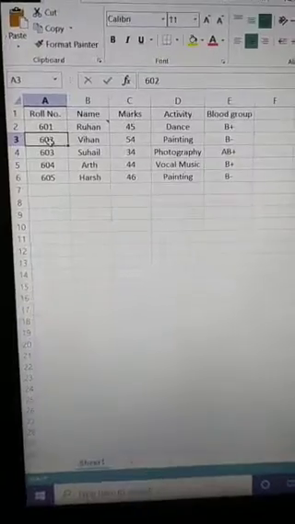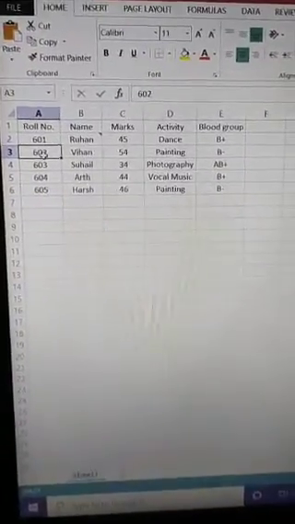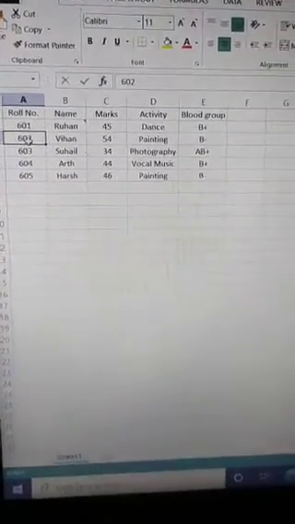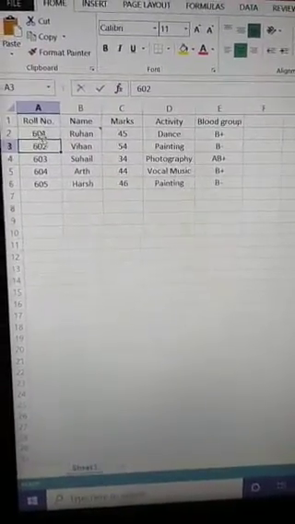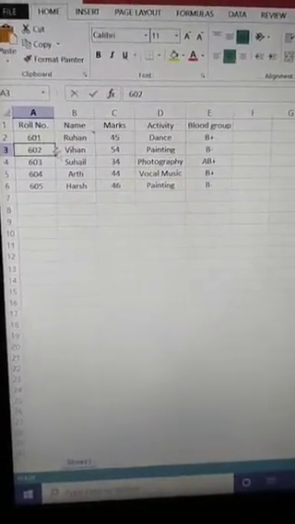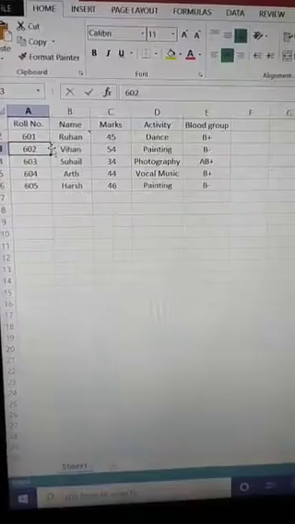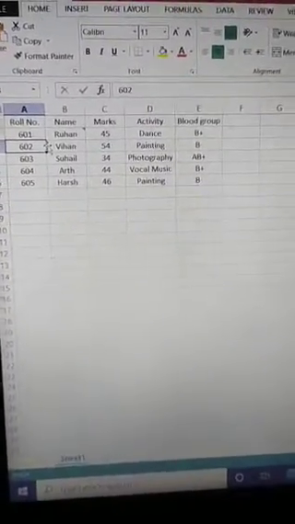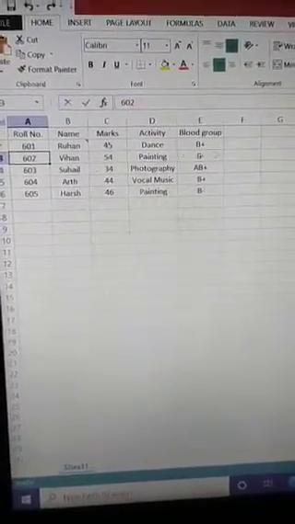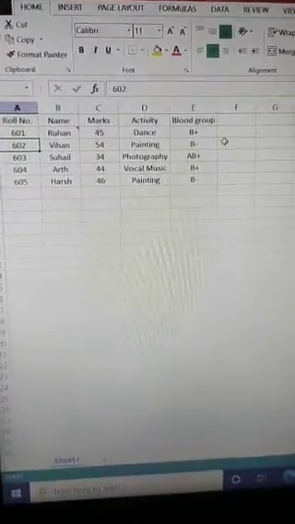Now when we want to edit or do some work on a range of cells, we have to select that range of cells. So how can we select a range of cells? You know that a range of cells is a rectangular block of contiguous cells.